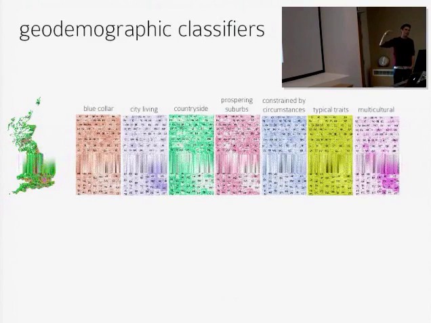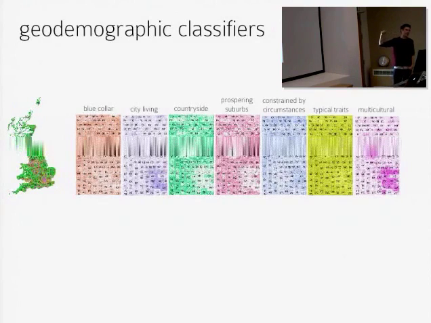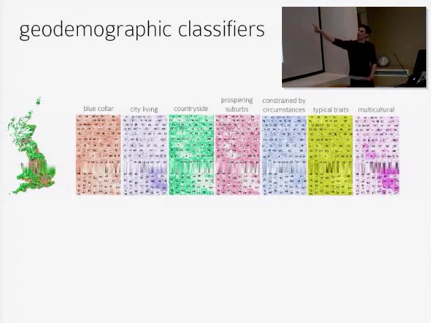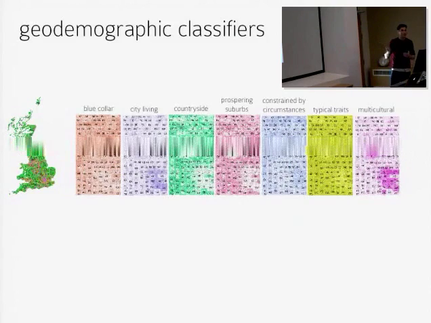The typical traits classification can be roughly understood as the average for the whole of the UK. So average unemployment, average structure in terms of educational achievement. So that's the interesting thing about choosing the most likely probability. There'll be lots of output areas which are like multicultural, but also like typical traits. And I didn't explain this very well, but the label that people typically use in data analysis is the most probable.